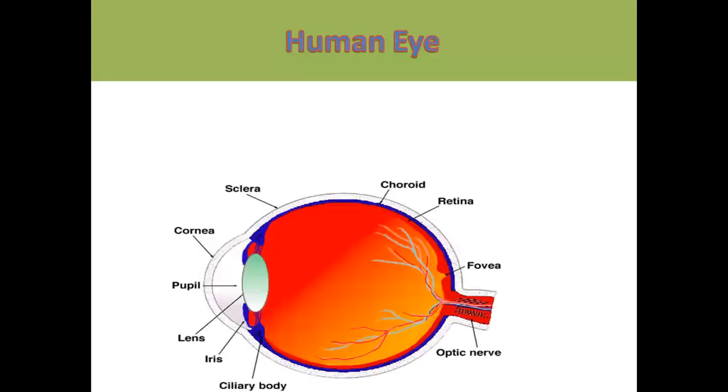First, we have to talk about the human eye. Before this diagram, I will just explain using the blackboard, right? If I just tell you like this, I think it is not clear enough for you. So I am going to explain by taking each layer and each part of the human eye. Today, I think this is the first time you are going to learn about the human eye.